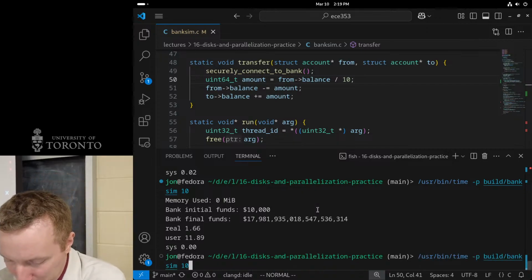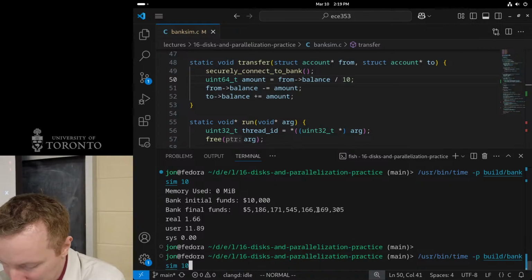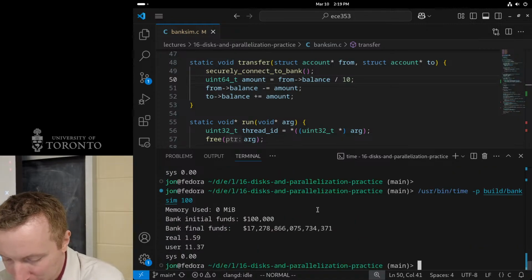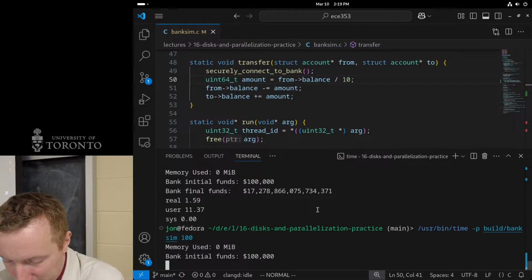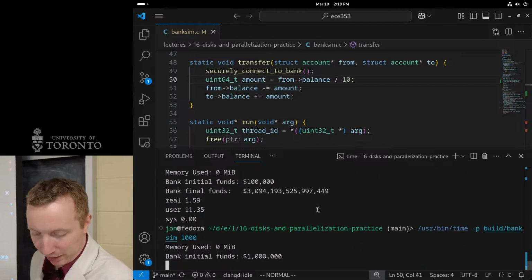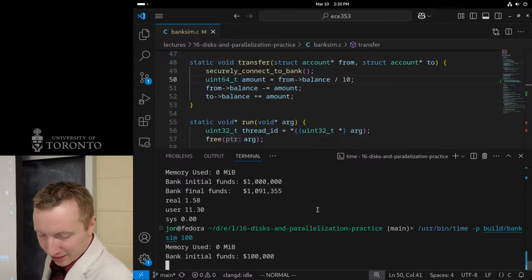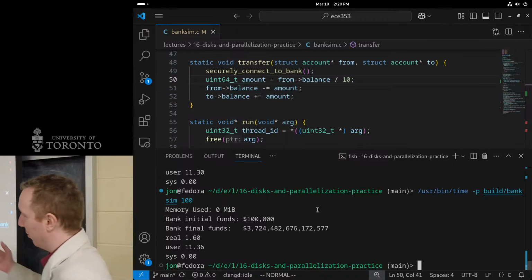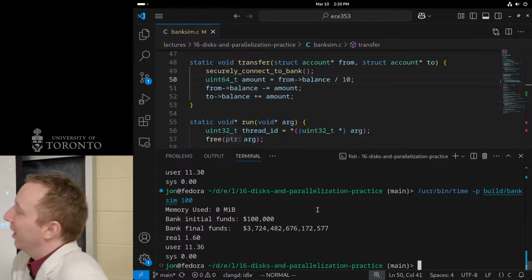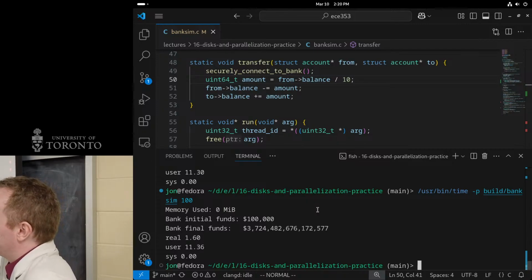I might get super unlucky where I don't overflow and it's just some giant number. Let's see, 100. Yeah, still have a lot of money. Sometimes we can, better. No, we're still screwed. All right, how to fix.